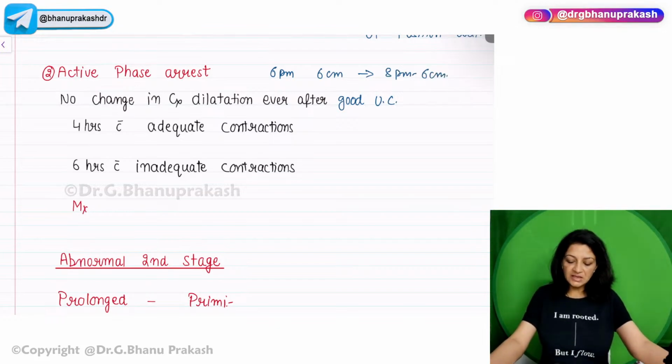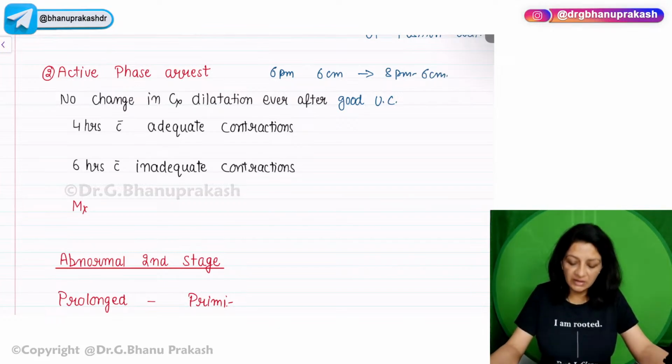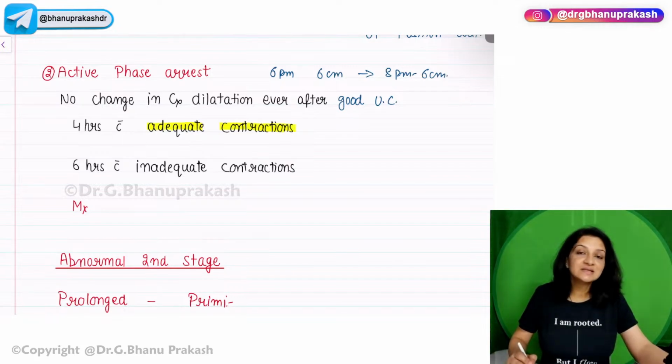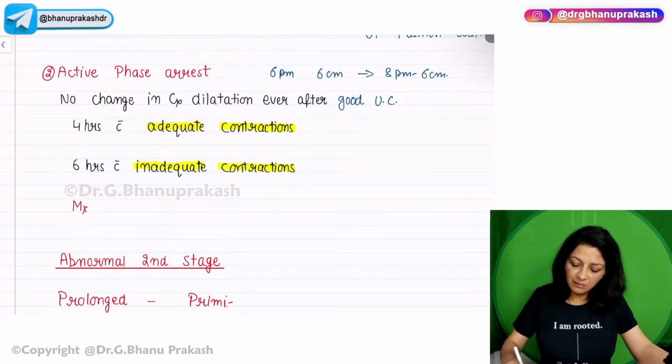So means there is no change in cervical dilatation even after 4 hours with adequate uterine contractions and 6 hours with inadequate uterine contractions. Then the management will be